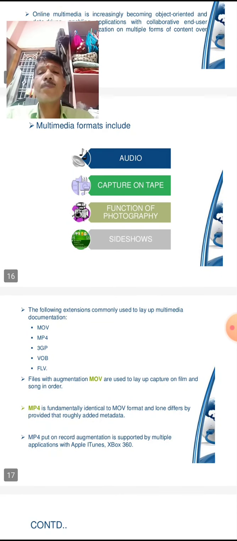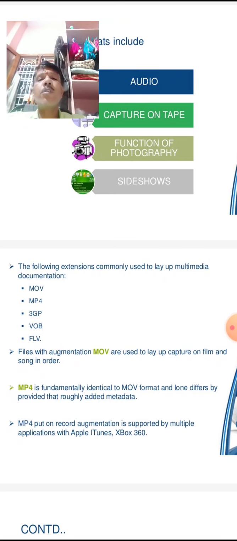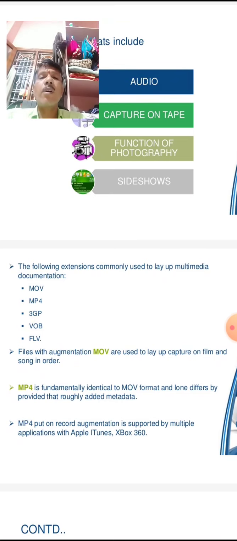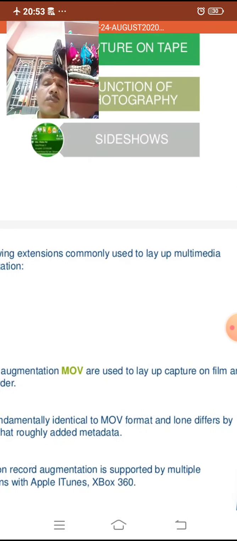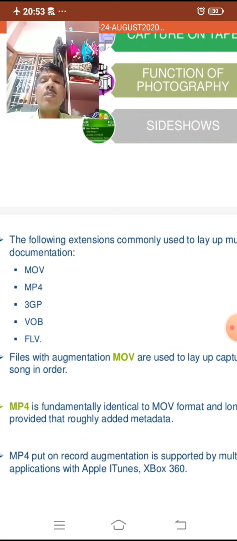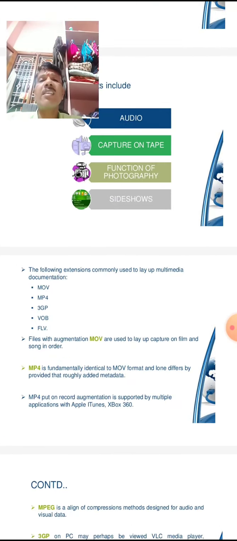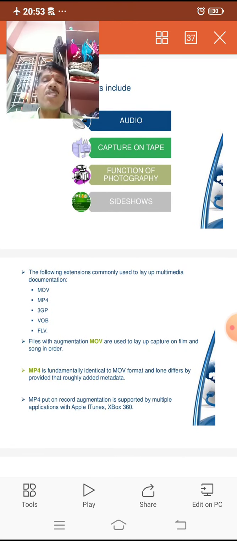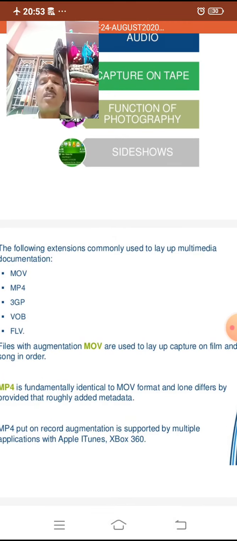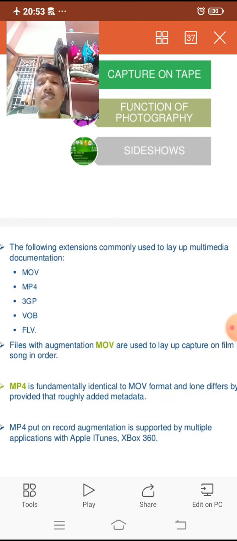Then come to the following extensions commonly used to lay up multimedia documents. Multimedia documents have extensions such as .mov, .mp4, .3gp, .vob, .flv.